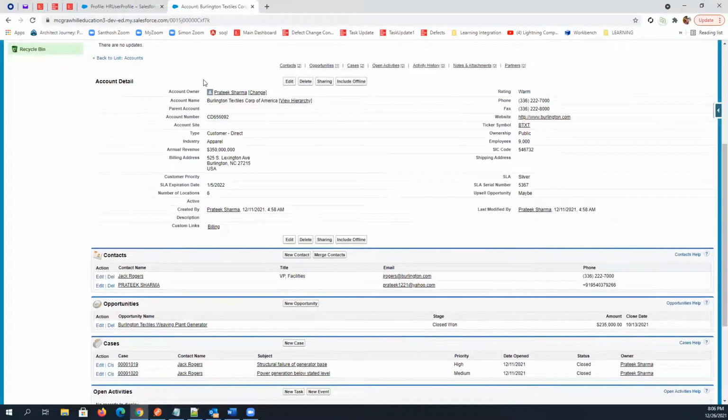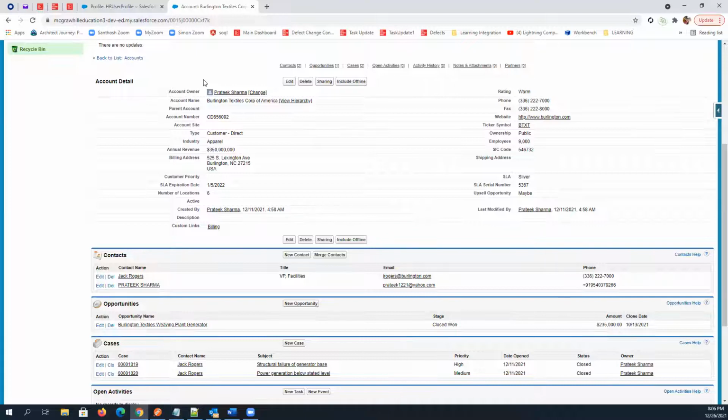So let's say there is a salary field. Let's say we have an object called employee, I'm just giving you an example, and on the employee object we have a field called employee salary. And we have 2 different profiles to which we need to give access to the employee object, let's say HR or admin. Both these departments need information related to the employee, but the salary field is only required for the HR department. There is no use of the salary field in the admin department, right?